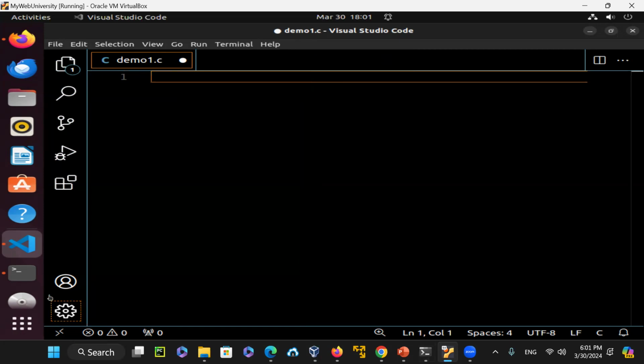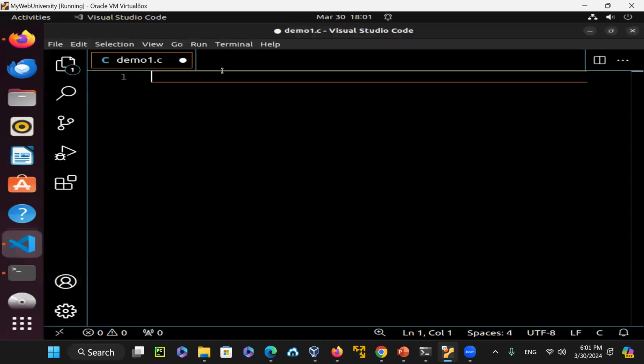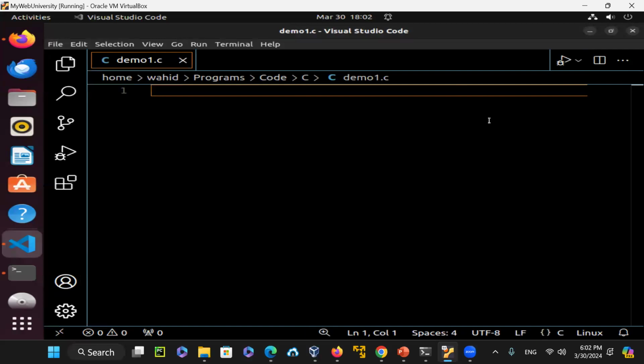If I go to the terminal here and do an ls -l, the file doesn't even exist, because I have not saved it or written any code in it. So once you say file save,